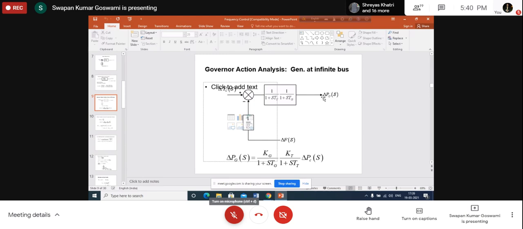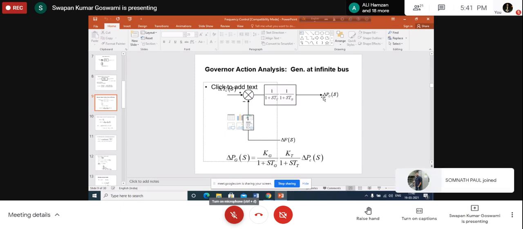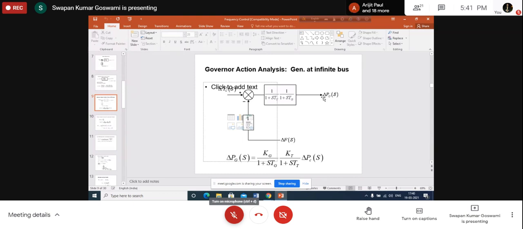Because now the generator is not connected to an infinite bus, it is connected to load only. So, say initially the generator was at no load condition, and you have connected some load at the terminal of the generator. What will happen? You are not changing the input, so any change in the output is because you have not changed the speed changer. That means the operator is not changing the speed changer position. But what will happen? Initially the generator was running at synchronous speed and the load was 0. Now a load is connected.